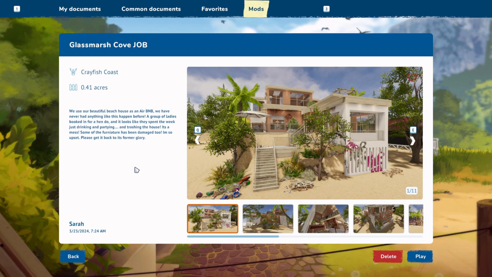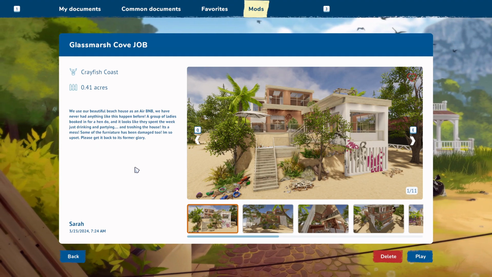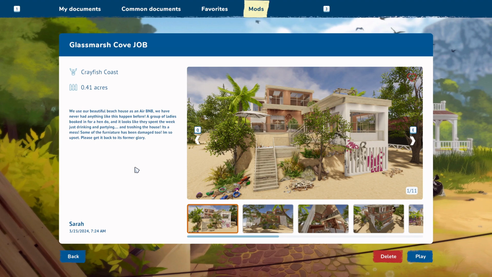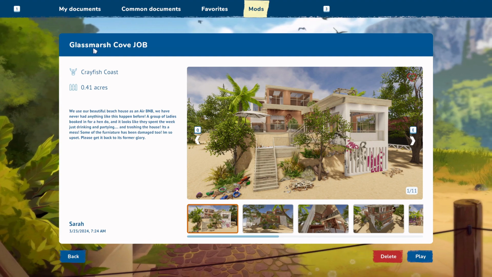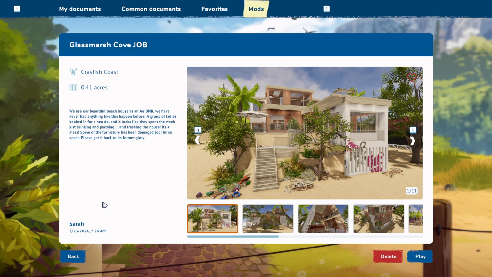Alright, welcome back to Mod Review Monday with Rash Decision, and this is your host, Rash. So today we've got this one, a little bit of an Airbnb gone wrong kind of situation. I noticed that it is titled here as Glassmarch Cove Job by Sarah. On the website, it was by